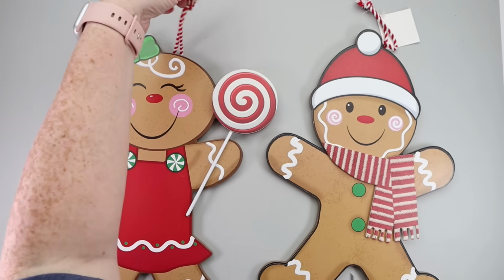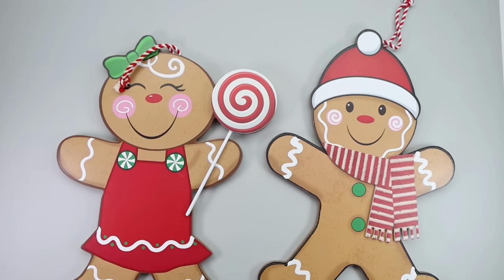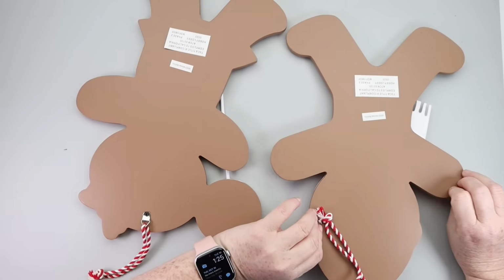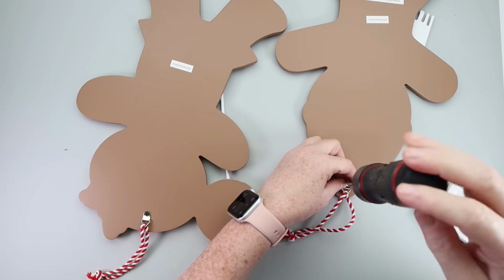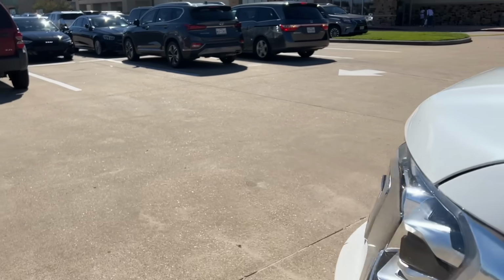A while back, I picked up these two gingerbread people from Hobby Lobby, and because they were 50% off, they cost me a total of $14 for both of them. Now, once I took off the hanging hardware on both of these, I headed back to Hobby Lobby